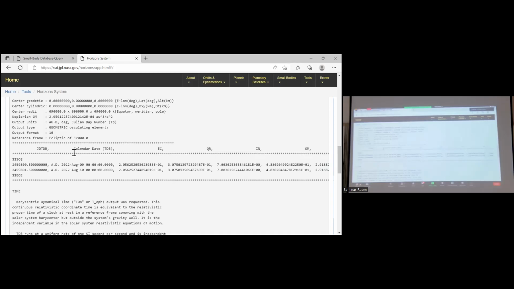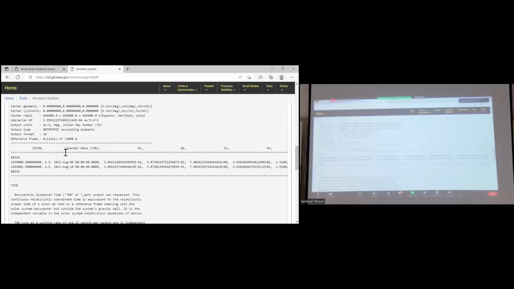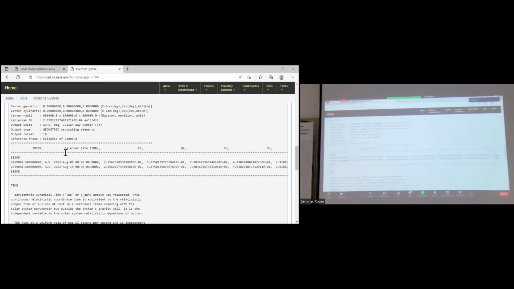Good question. In this case, for small solar system bodies, we usually neglect gravitational attraction among small bodies.